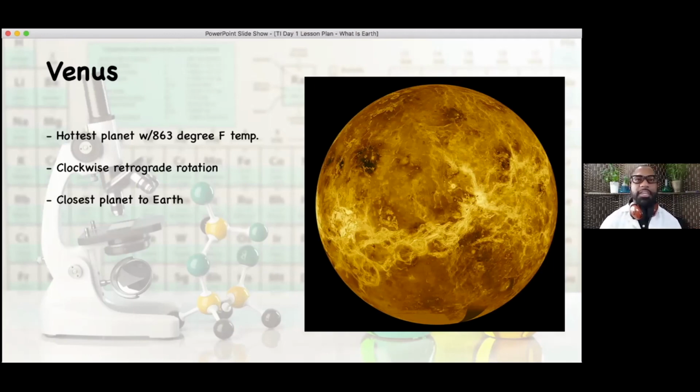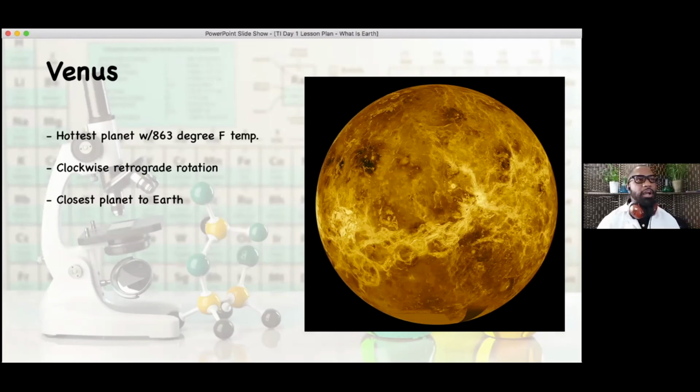But Venus actually has an atmosphere, and the atmosphere is what actually controls the heat on every single planet that is in our solar system. And due to its intense atmosphere, this makes Venus the hottest planet with a temperature of up to 860 degrees Fahrenheit. Clearly not an environment that any human would want to thrive on. So we know as well that Venus has no possibility of life just because of the intense heat.